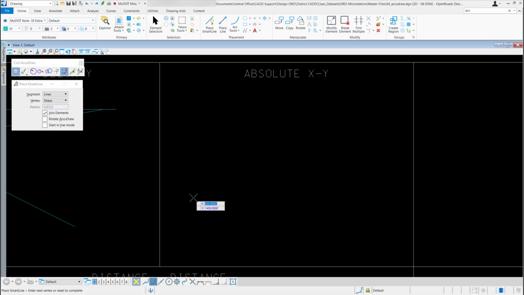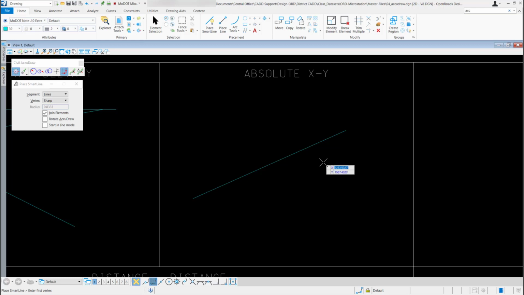Now if I know the X and Y coordinates of my next point, I can enter those. For the X value, I'll just type in 1300 and hit enter to lock that value in. And for the Y value, I'll use 1600 and hit enter to lock that in. Now when I go out and move my mouse, you can see it's trying to draw a line to that coordinate. If that's what I want, I'll just left click to accept it, and I have my line. If I wanted to keep going, I could, but I'm just going to go ahead and right click to reset my tool.